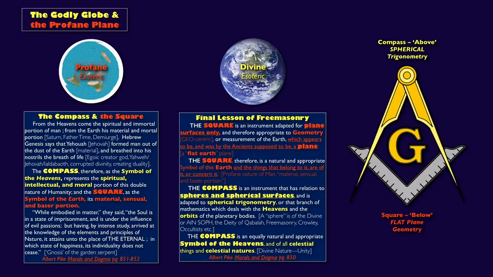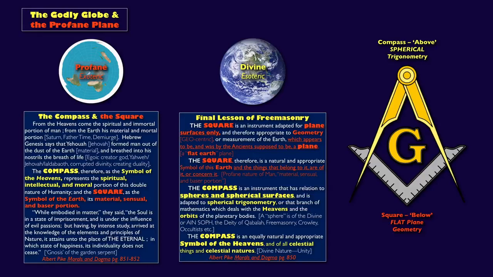So this is taken from my occult science series, but I feel like it will lay a good foundation, where Albert Pike talks about in Morals and Dogma about the last lesson of Freemasonry. And this is also the first lesson where he talks about the compass and the square at the beginning of the book, but he's going to pull off a little alpha and omega motif and give us more insight into the last lesson on the compass and the square and what it means in Freemasonry, or at least Scottish Rite Freemasonry.